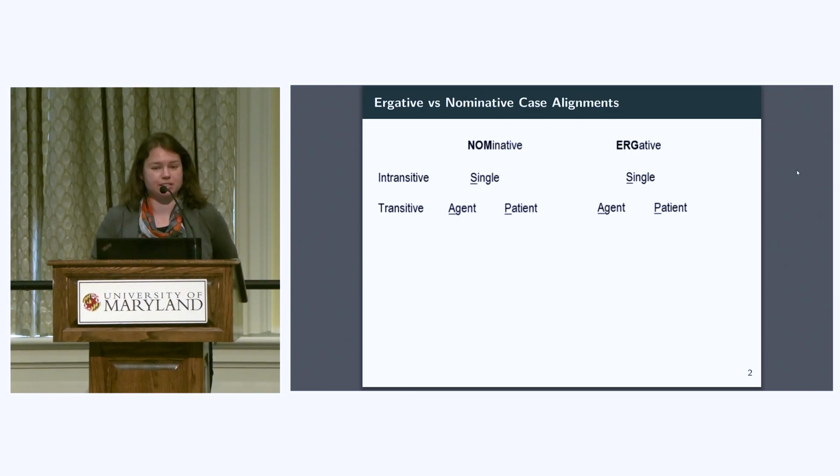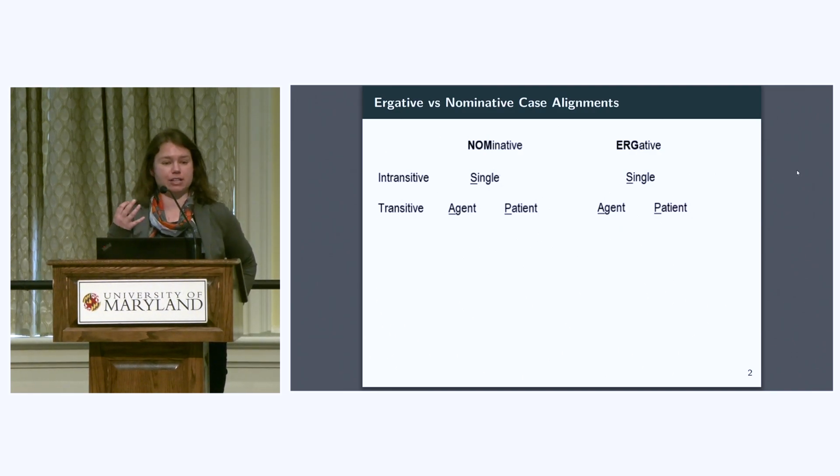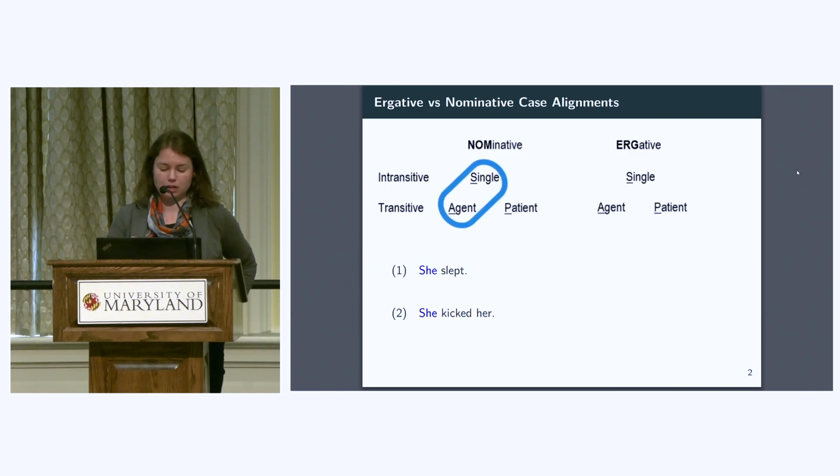In a transitive sentence, you have a little bit more of a problem, especially if you're in a free word order language. You've got both an agent and a patient, and so you need some way of keeping these things apart. And if you're in a case-based language, what you do is you add a little bit of morphology onto your noun. And so in nominative languages, which includes basically everything that psycholinguists are familiar with,